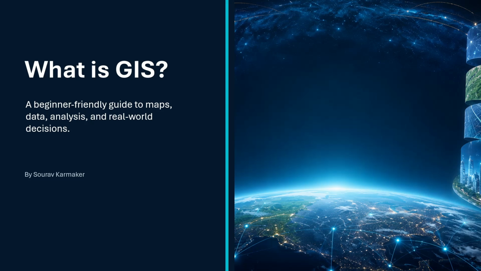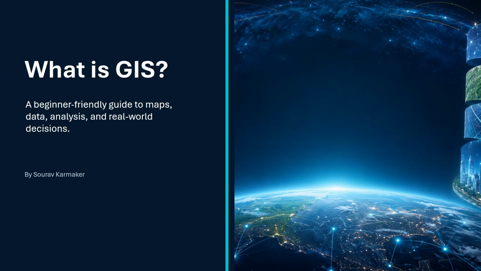This is my very first beginner friendly video. Today I will explain GIS very simply. GIS stands for Geographic Information System. At first, it may sound very technical, but the idea is very practical. GIS helps us understand the world by connecting information to location. In this video, I will explain what GIS means, how it works, what kind of data it uses, and where we see GIS in real life. By the end, you will understand why GIS is not just about making maps, it is about making smarter decisions